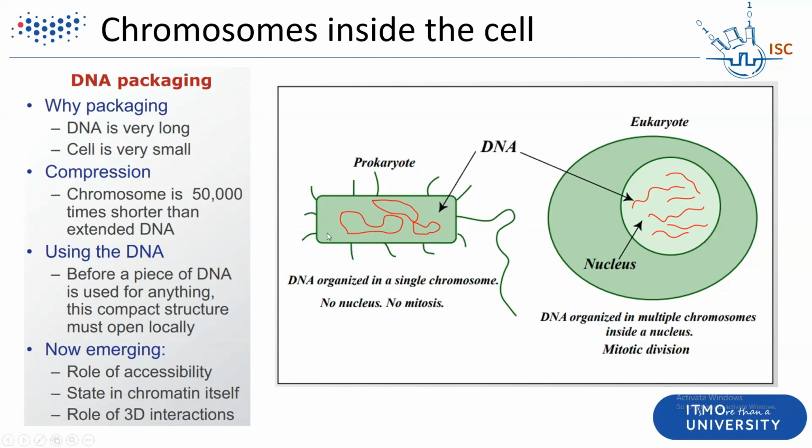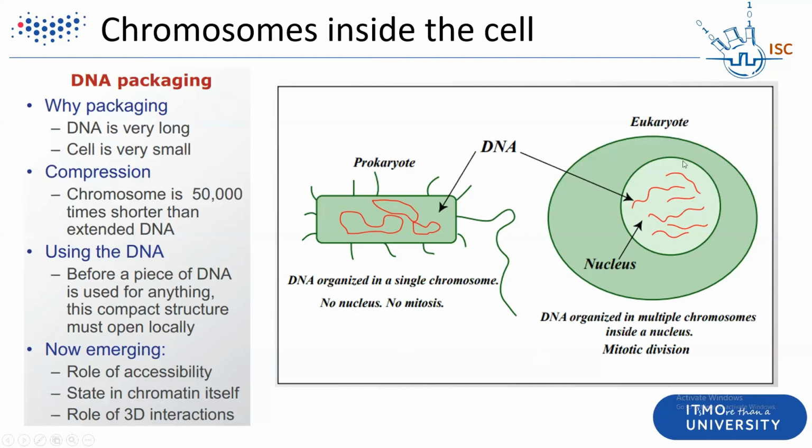Here they're just located in the cytoplasm. You also have small DNA molecules called plasmids or episomes, which can be transferred from one bacteria to the other. And DNA is usually organized as a single chromosome,